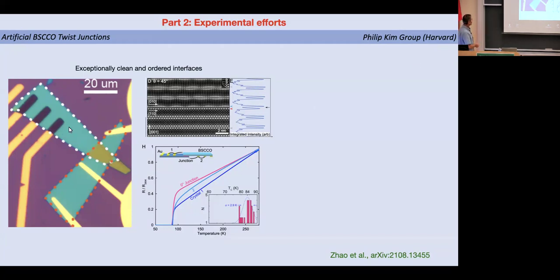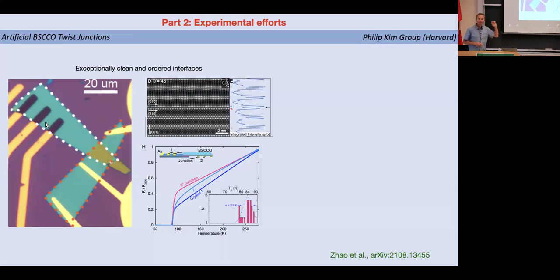So what they are doing, these flakes here, they are BSCCO flakes. And you can see one of their devices where they basically take a single flake, they exfoliate it, they cleave it, twist it, put it back, and here's the twisted portion. You can see those 2 flakes at, in this case, close to 90-degree angle. Then they put some electrodes and measure transport through that twisted region. So they were doing this experiment.